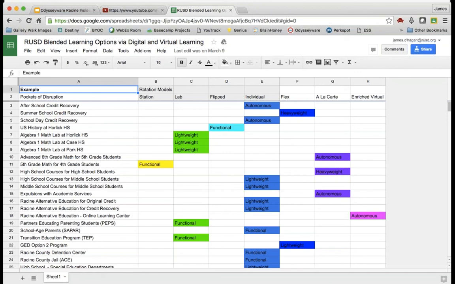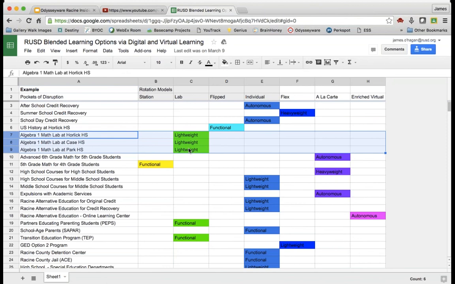So you see there, we look at after-school credit recovery. That actually was an autonomous use of an individual station rotation. When we say autonomous, it meant it required some backing of building leaders, district leaders, in order to make the change for that pocket. But as you'll see, for example, the math labs in this area here, we actually have as a lab rotation model. But in order to do that, we didn't have to really get too much beyond the teachers to say, yes, we can help you with that change. So it was a lightweight sort of change to the